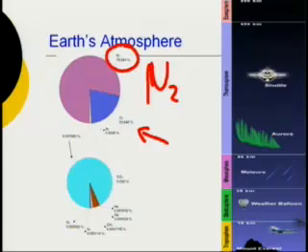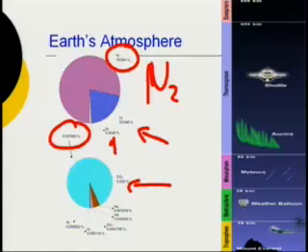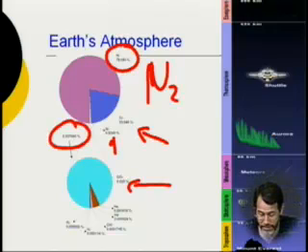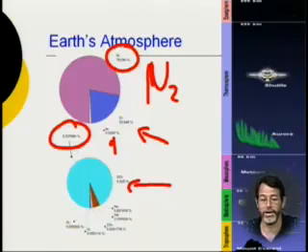So we need oxygen to run our bodies, and about 21% of the Earth's atmosphere is oxygen. The rest is, there's about 1% argon, and the rest is very small trace amounts. There's a little bit of carbon dioxide, neon, helium, molecular hydrogen. So the carbon dioxide that we're worried about, because carbon dioxide, we can measure the amounts relatively accurately,